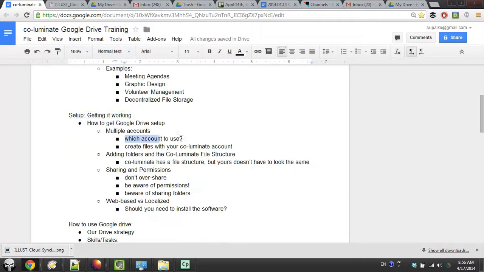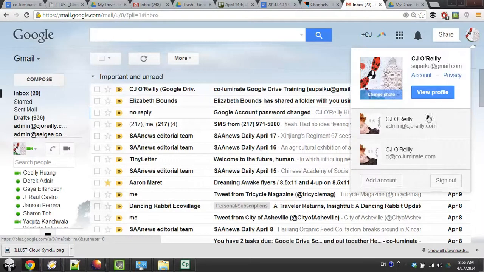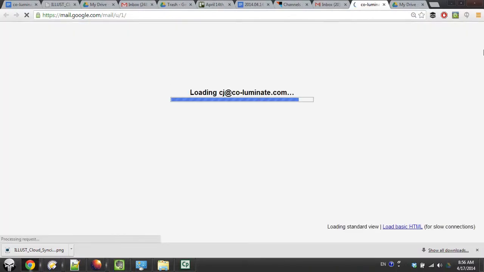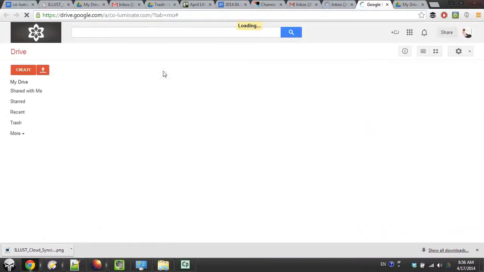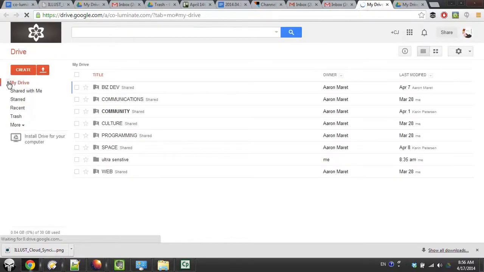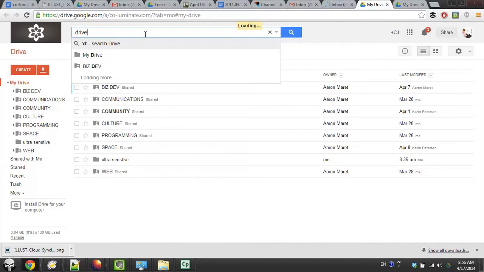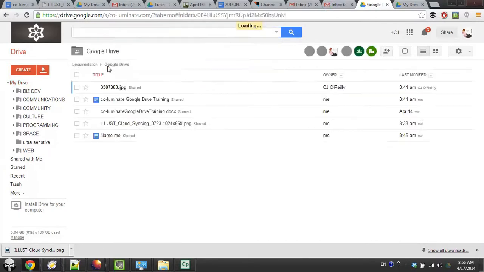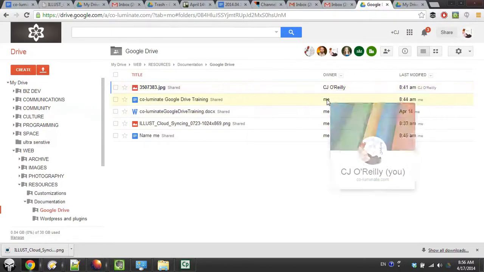So for one, we have the question of which account to use. I would highly recommend, for simplicity's sake, that everybody use their co-luminate account when they access Google Drive. So if you want to set it up to use another account, that is possible, but I don't recommend it because it's very important that the ownership of specific files be your co-luminate account,